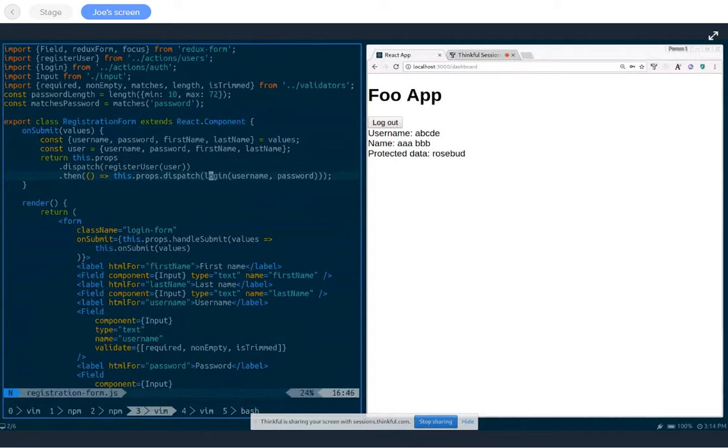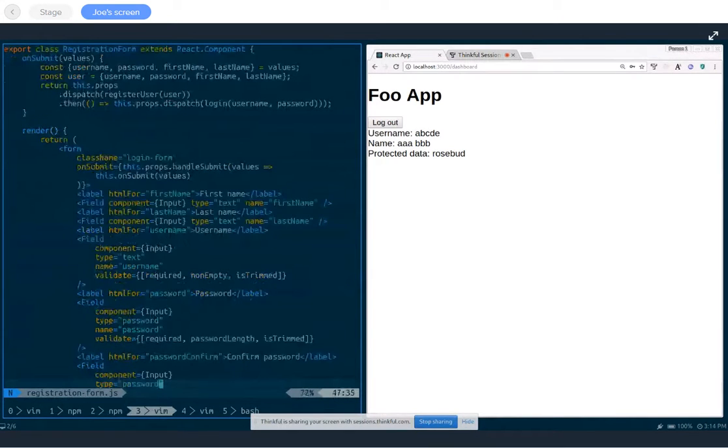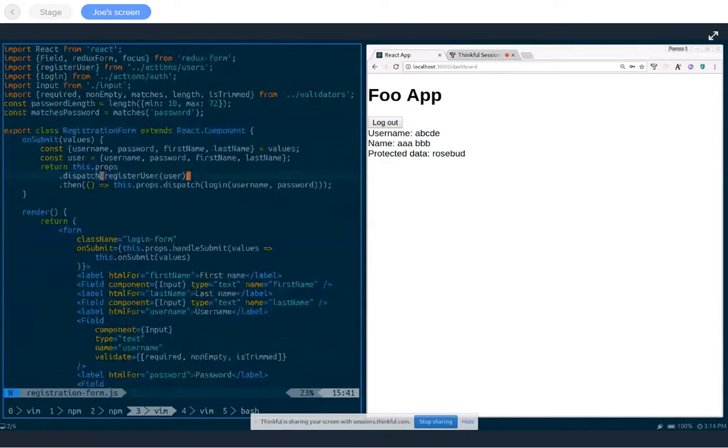then we dispatch this login action, which is the thing which goes away and logs in with our credentials, with our username and password. We'll look at that login action a little more in a second and see what's going on inside there. But fundamentally, that's our registration process. We fill out our form, make sure all the validators pass. Then we dispatch our register user action, which registers, and then assuming that succeeded, we dispatch our login action,